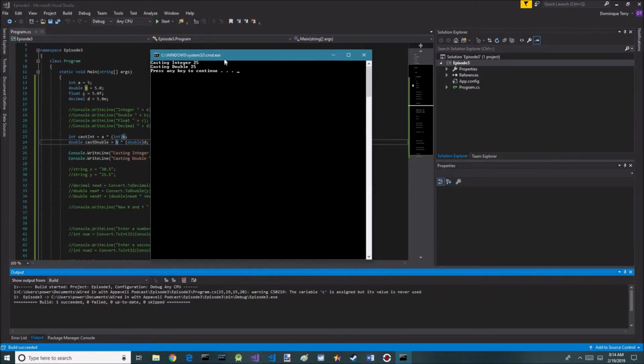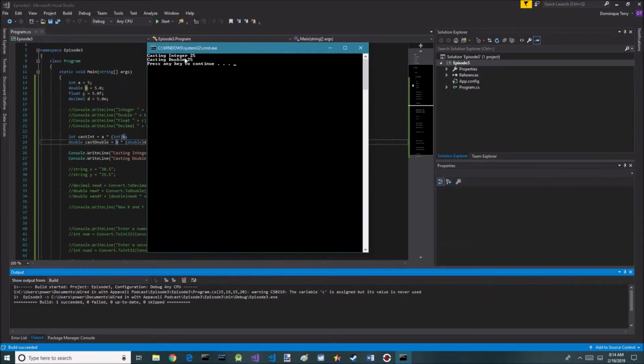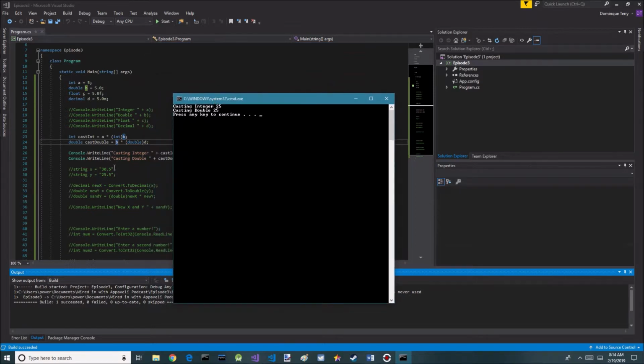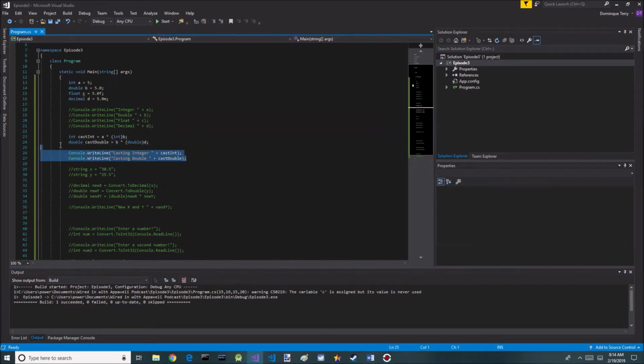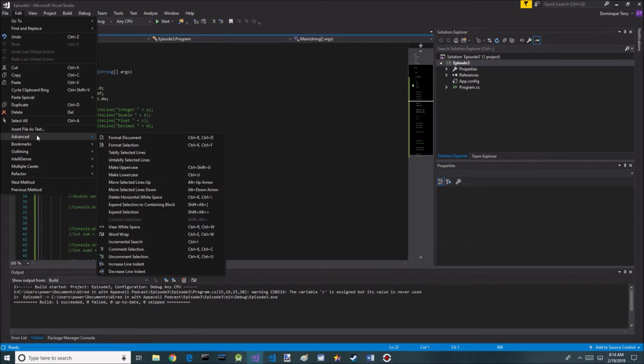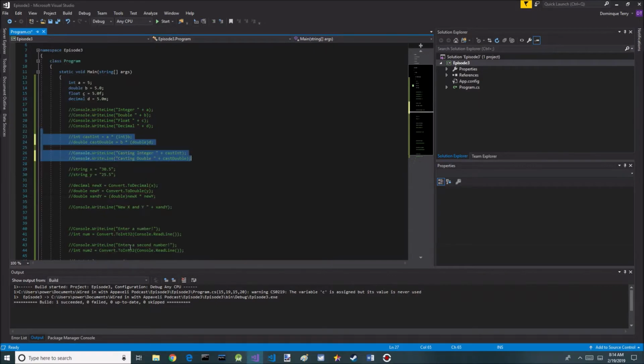$25. Casting integer 25, casting double 25. So it's just multiplying. So we don't need that. So now let's look at